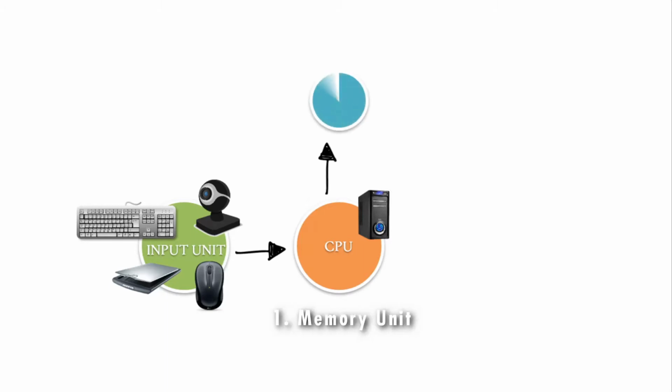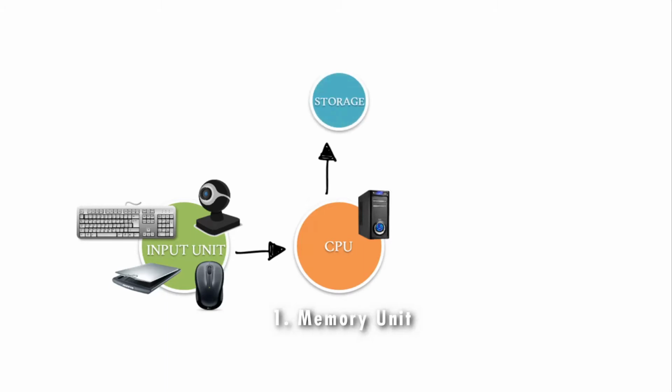Central Processing Unit or CPU. After receiving data and commands from users, a computer system now has to process it according to the instructions provided. Here it has to rely on a component called the Central Processing Unit. The CPU further uses these three elements. The first is the memory unit.